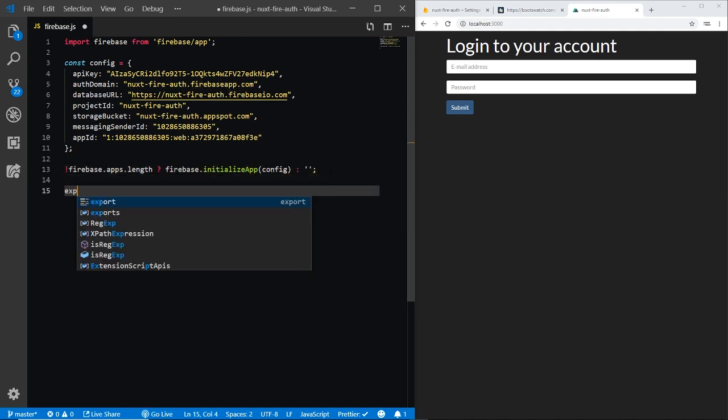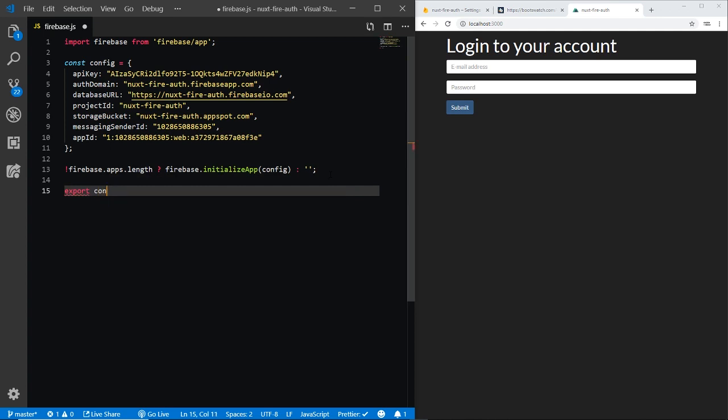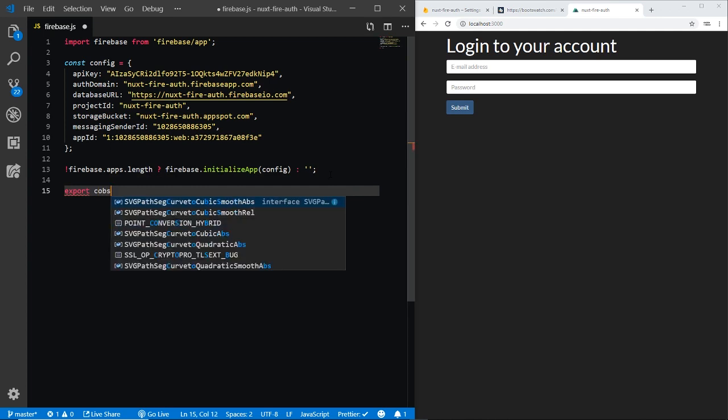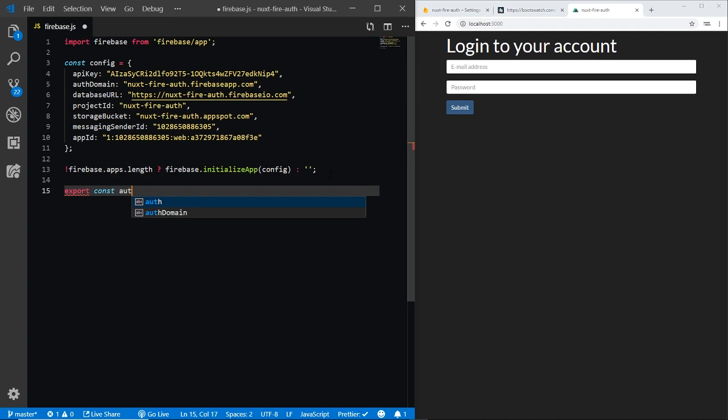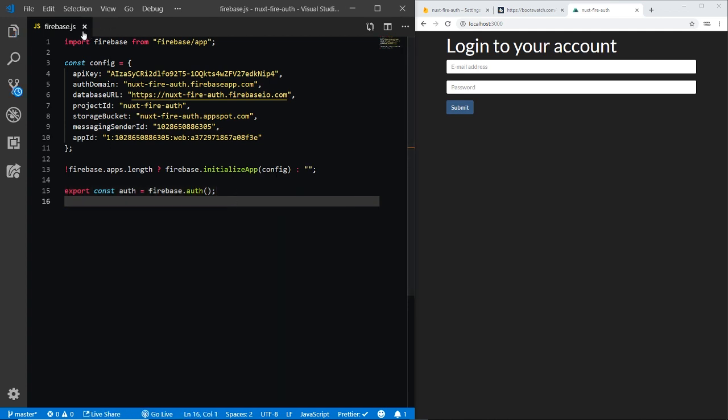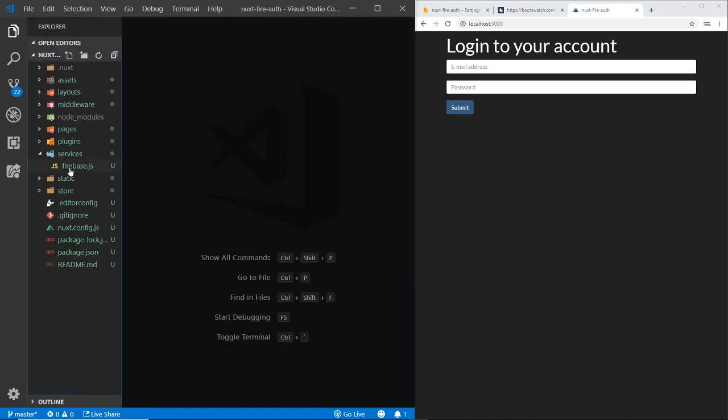And then what we want to do is export a constant called auth, and we want to set that equal to firebase.auth. So this is just creating the Firebase instance and allowing us to use this auth object. We can close that down now and open the